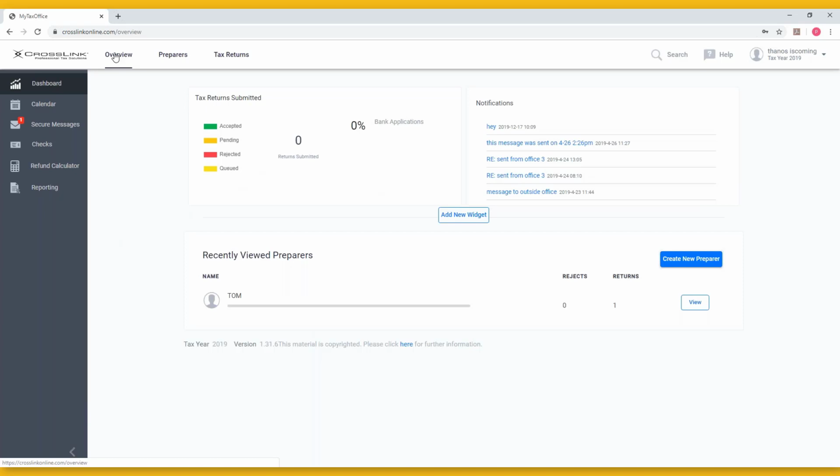I would like to touch on these nice new widgets that we have right here on the top. We have these two widgets, tax returns submitted and notifications. If you notice, I have this add new widget button. So widgets are kind of replicating a work in progress page again if you're coming from the desktop solution. It's a nice way that you're going to be able to keep track of your tax returns in the different